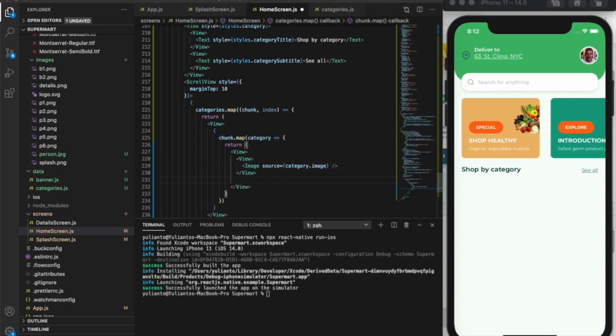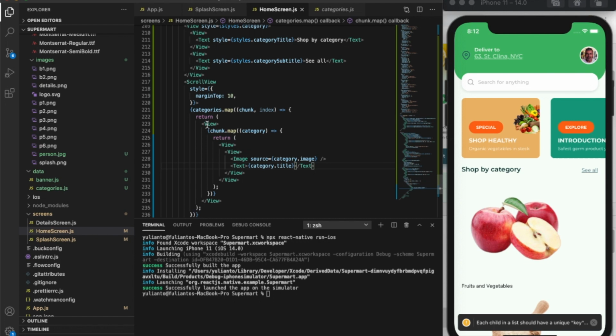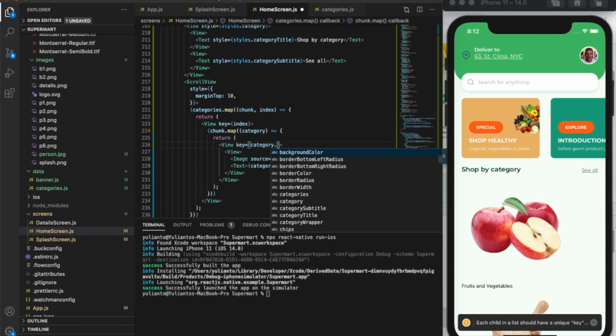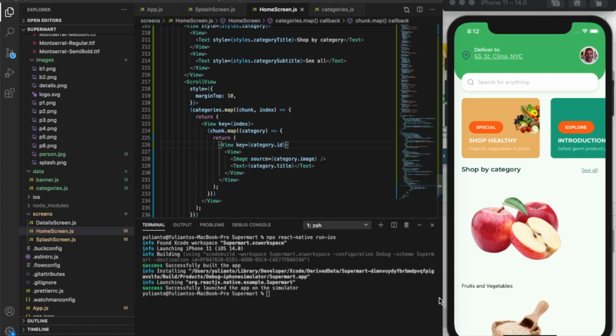and inside here I'm going to create some tags, and a tag will be title. Save it. Oh, we need the key. Key is index, and here the key is ID. Okay,